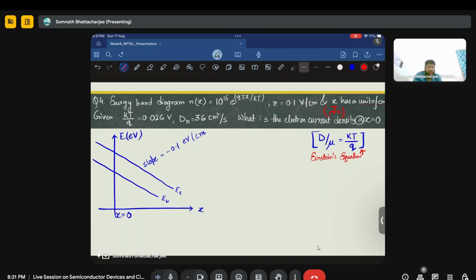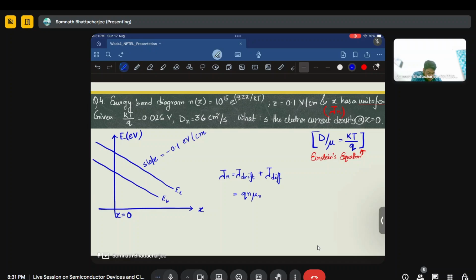Has anyone got any answers? Or should I give you a hint? Maybe I'll give you a hint. So the value of Jn is the total value of drift plus diffusion, and we can write it down as